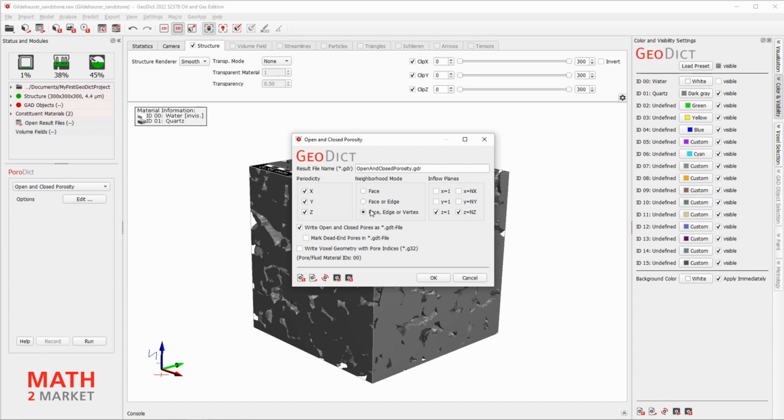You want to check all these parameters, which means that the open and closed porosity will be determined over every side of the structure and assumes connectivity between voxels of the face, edge, or vertex of each voxel.